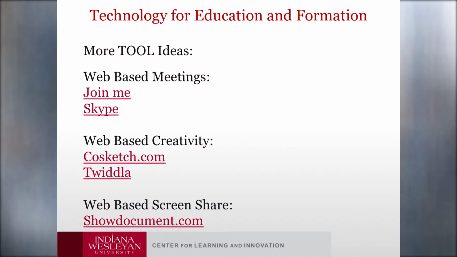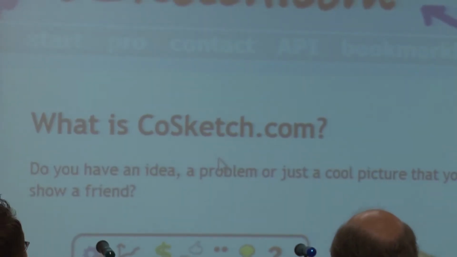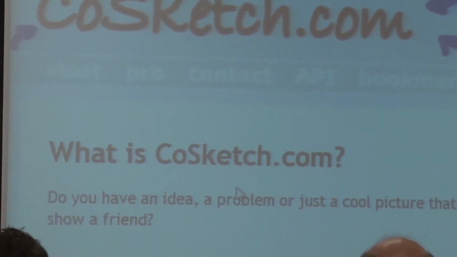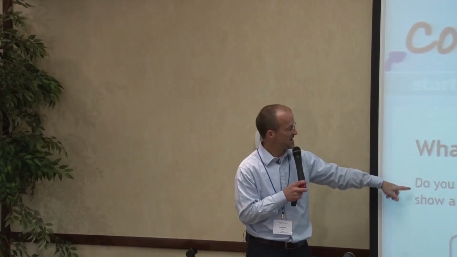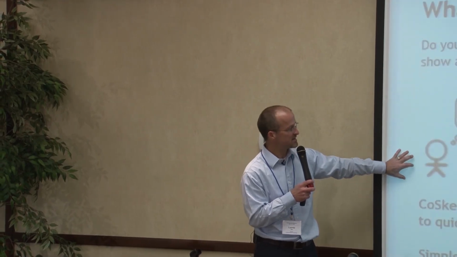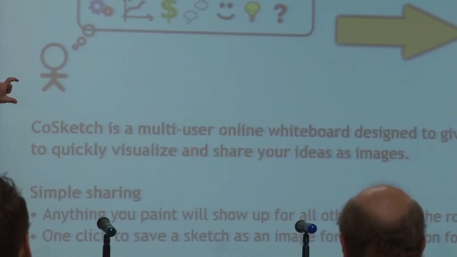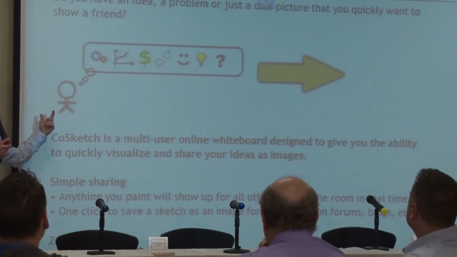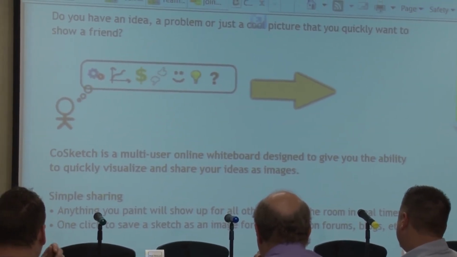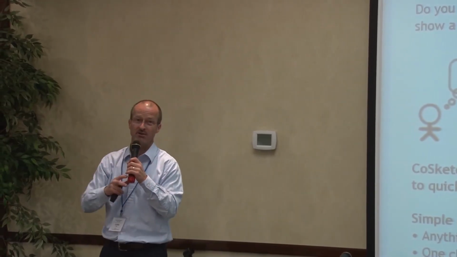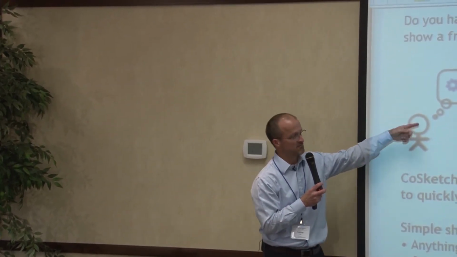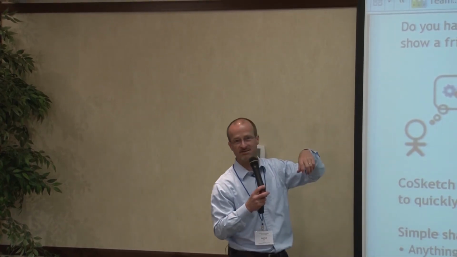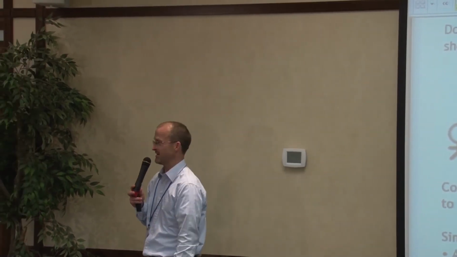Click on CoSketch. If you want to do some brainstorming with another pastor in another location, some people in another country for that matter, CoSketch is a place where, if you just scroll up a little bit, what you can have is kind of some whiteboard space with some symbols on there that you can literally get together and say, okay, let's noodle this out. Let's start thinking about what our church would look like, and you can do some planning. It's very graphical, and all the users on the system can add whatever lines, symbols, images, whatever they want to add.